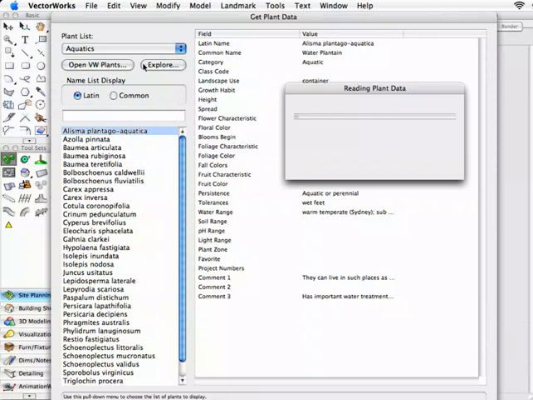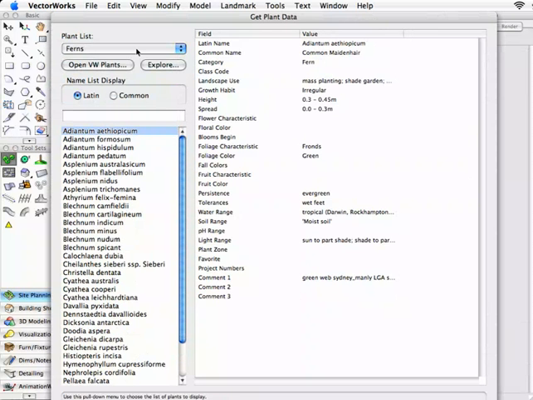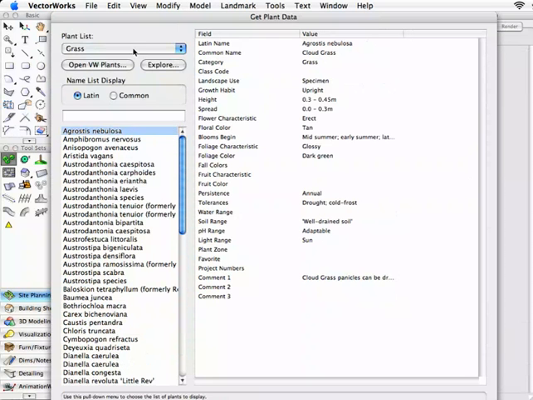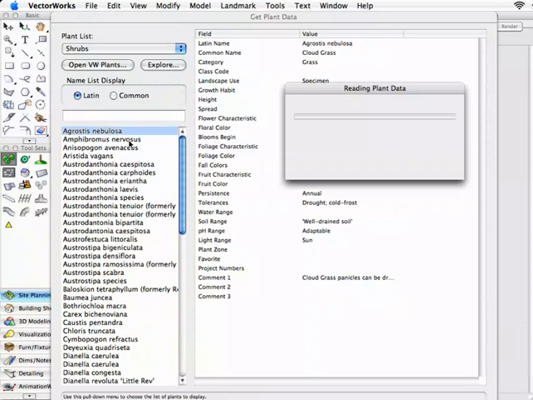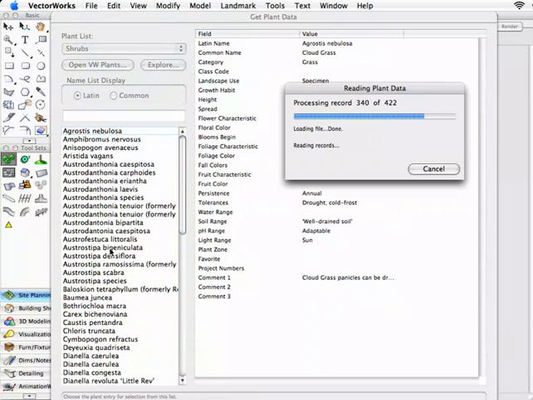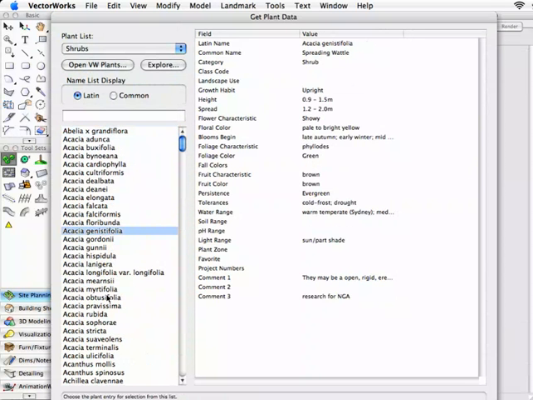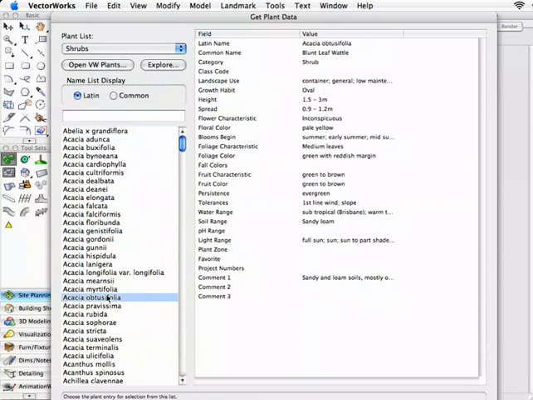And as you choose each one of these, then that particular group of plants will be displayed in this list, and you'll be able to click on the plants in the list and choose the particular plant. Now, jumping back to the database,